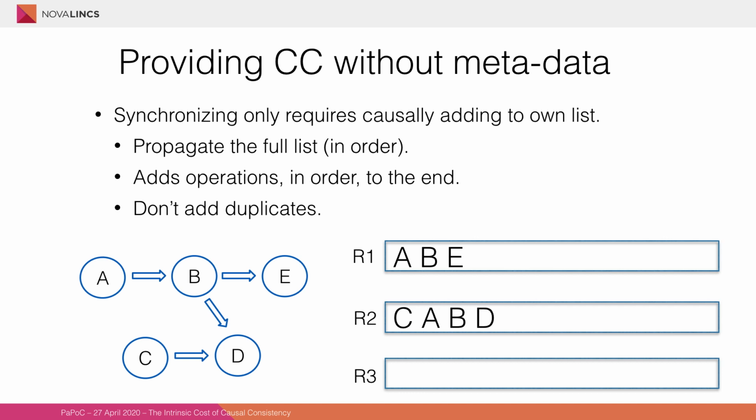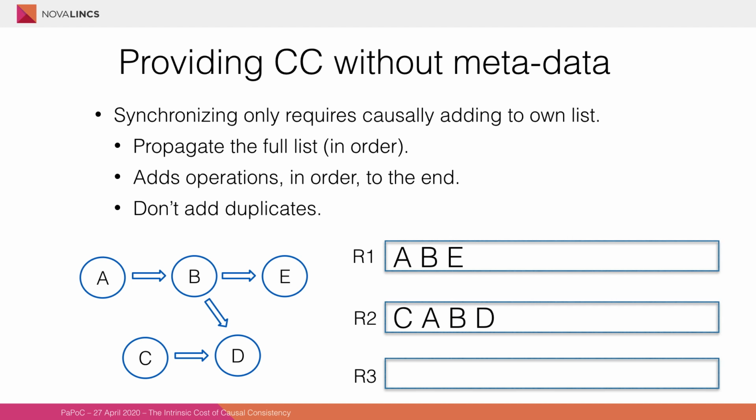One example is here. We have the causal graph on the left, operations A, B, and E, which were created at a single replica, and operations C and D, which were created at another replica. There's a causal dependency from B to D, meaning that there was a synchronization step before D was created. Now this means that one replica will have operations A, B, E executed, and the other replica will have C executed, then A and B, which have been received in causal order, and operation D, which was